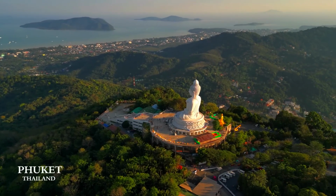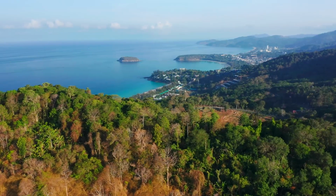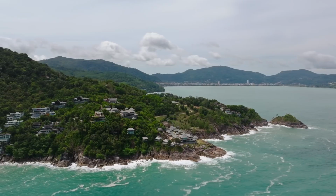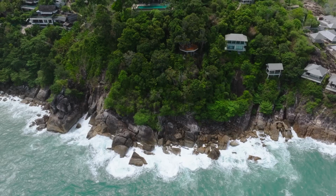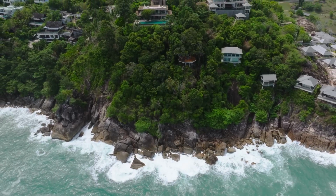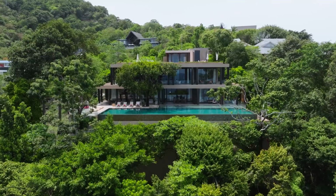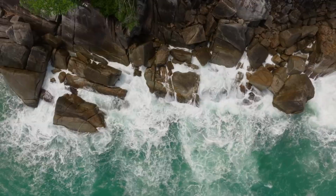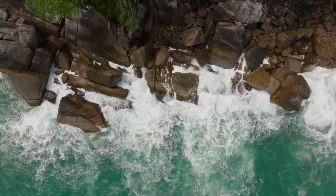Welcome to Phuket, Thailand, a vibrant land full of lush green hills and forests that add to its natural charm and appeal. In this paradise, Villa Amarisa stands tall and powerful as a three-story contemporary estate, nestled between jaw-dropping cliffs and breathtaking